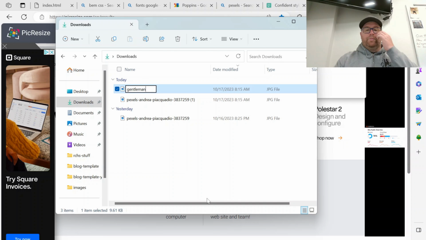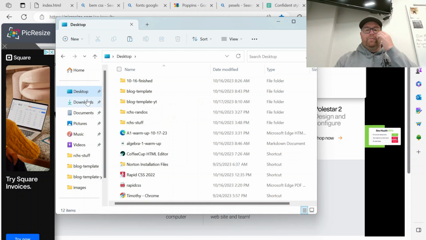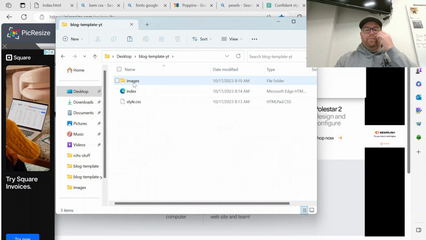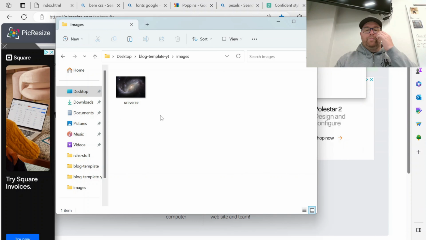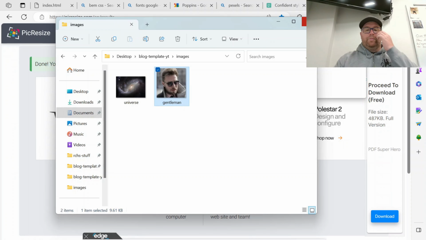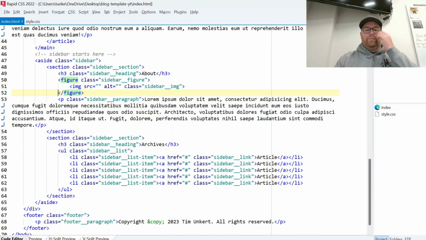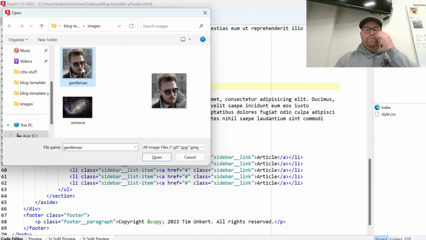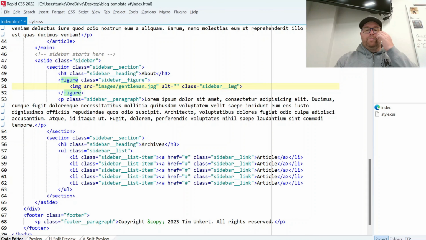Call it Gentleman. I'm going to cut it, go to the desktop, go to the blog template, YouTube, images, and paste it in with Control V. Okay, so now I'll go back to my code editor here, and I want to make sure I get the right image. My IDE allows me to quickly select the image like that, so we're going to select the gentleman, but you want to make sure you get this right. Alternative text, we could say a picture of a gentleman,